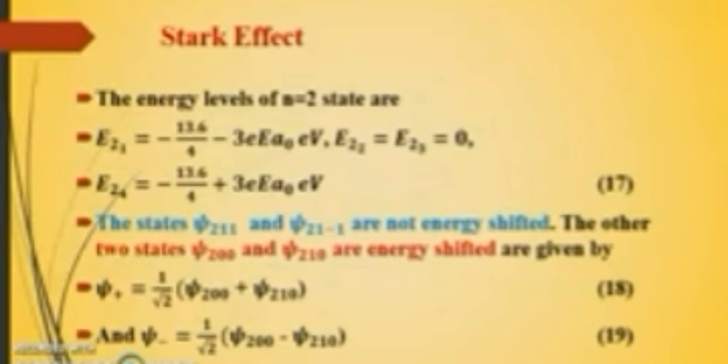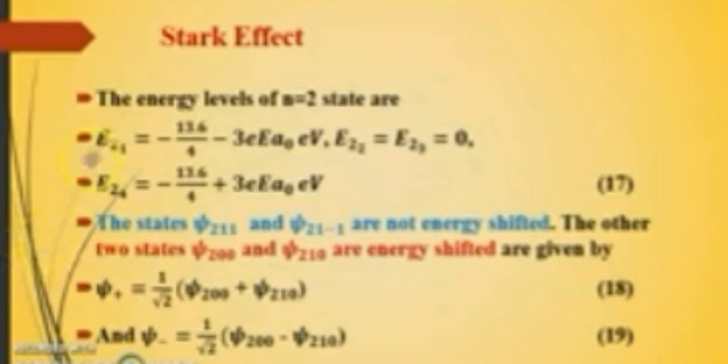So the determinant which is responsible for giving the eigenvalues can be expressed like this. All other terms are 0 except the ones at the off-diagonal, that is minus 3 e a naught and minus 3 e a naught, and this element was 0, so it is 0 minus E1. Similarly 0 minus E1, 0 minus E1, so this comes on the diagonal. We are going to determine the E1 values, and when we solve this we get E1 equal to 0, 0, plus 3 e a naught and minus 3 e a naught.